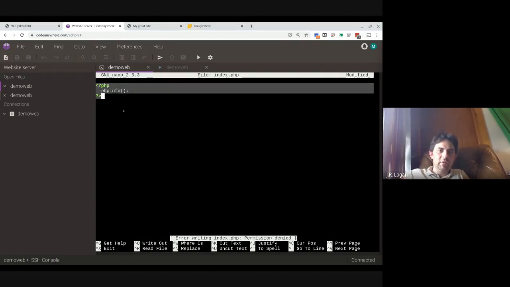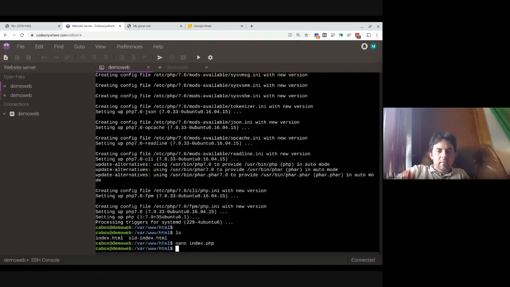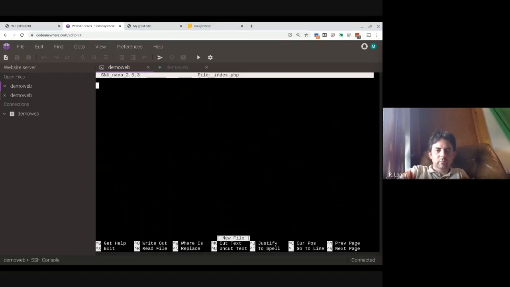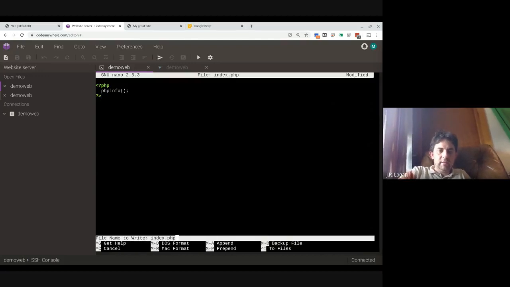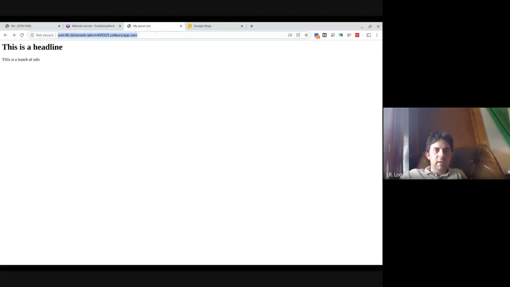Good lesson for everybody. So I'm going to copy that, exit this. We're going to do this again with sudo. I'm going to paste that in here. We're going to exit. Yep. All right. Well, let's go back to our server. I think because we have an index.html, I think it'll continue to load that. But if we go index.php,